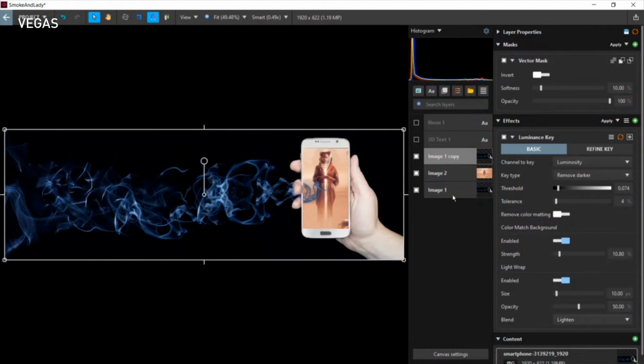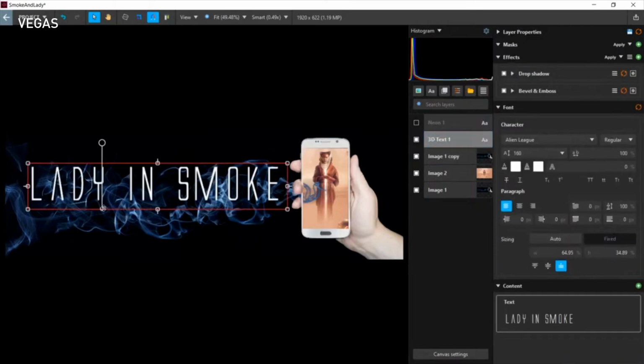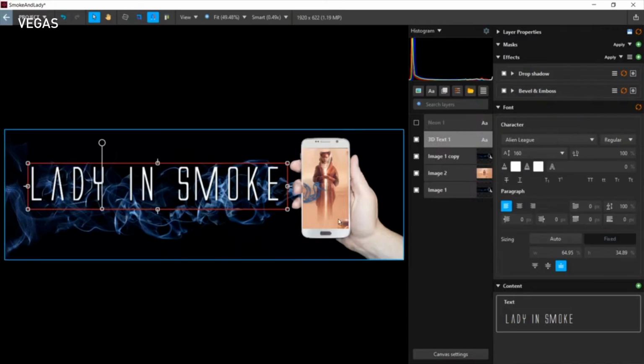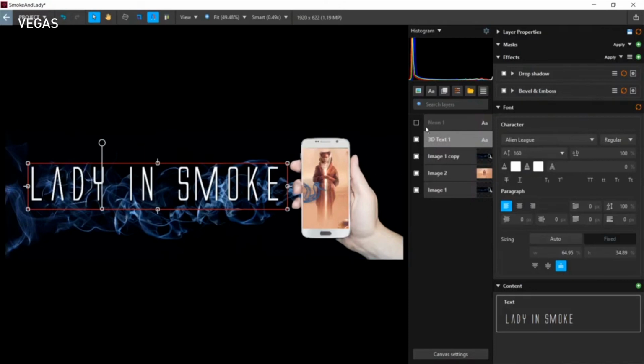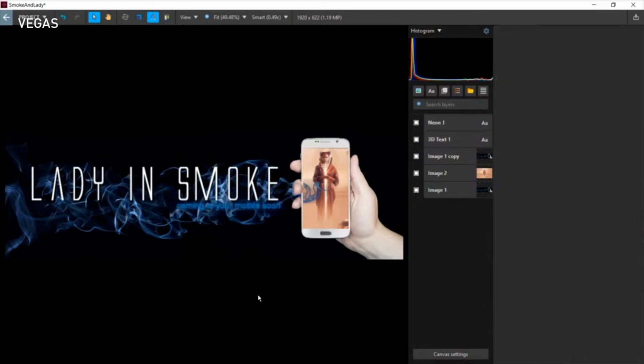Okay, let's turn on another layer. I added a text layer. In this case, it's a 3D text layer, and I just added it to the image there. And then one final layer is another text layer. In this case, I used a neon preset,